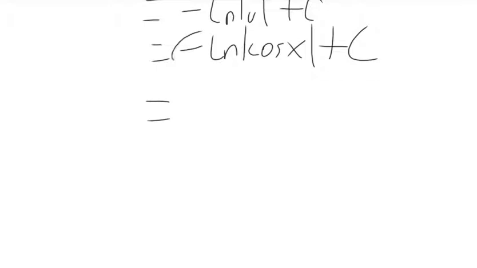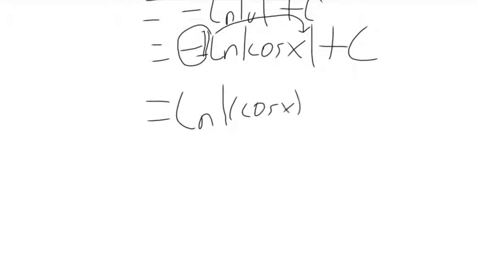I'm going to take this negative. Remember, having a negative in the front is like saying we're multiplying by negative 1. So I'm going to take this negative 1. I'm going to use the log property that says that I can put this as the exponent from the inside of my logarithm. So this is going to be equal to the natural log absolute value of cosine x to the negative first power